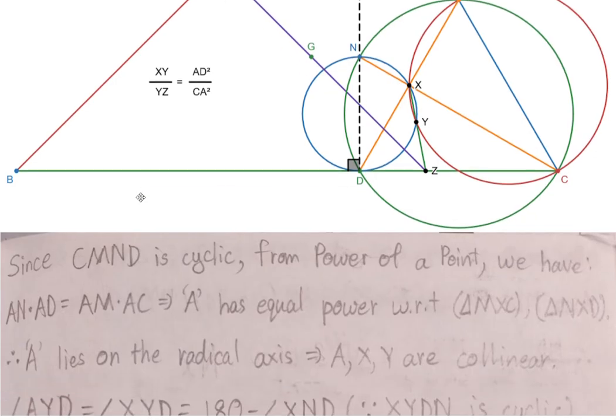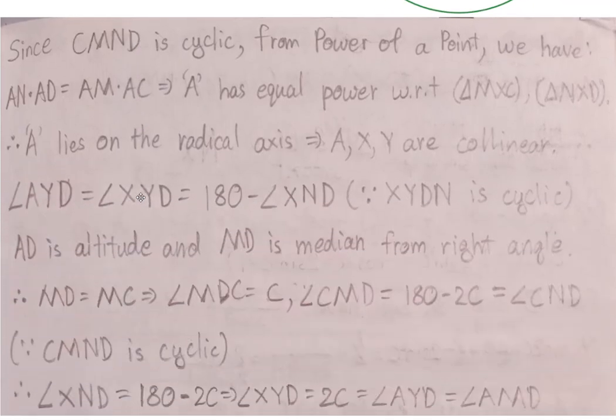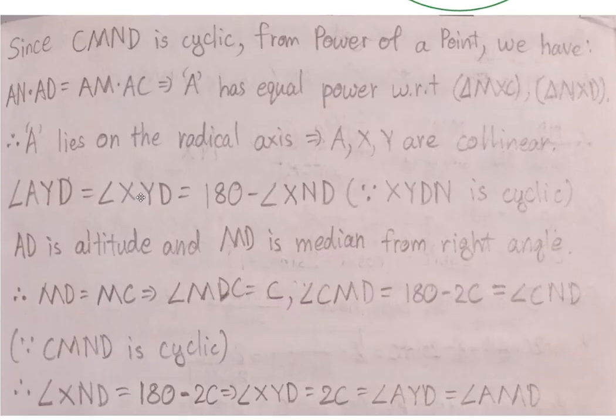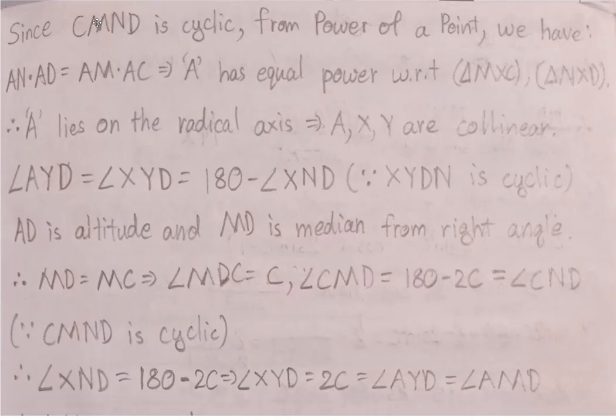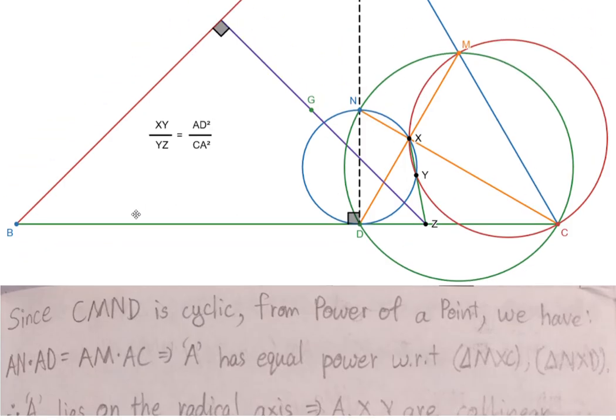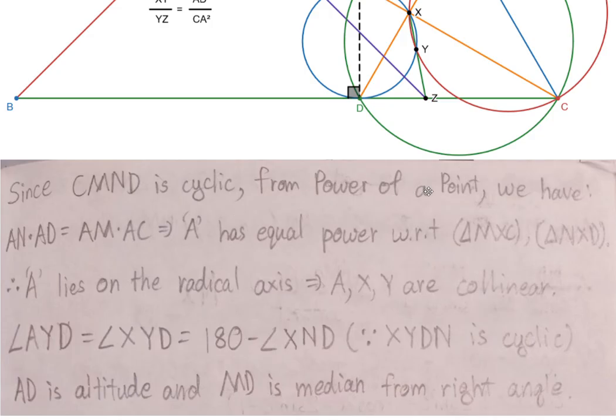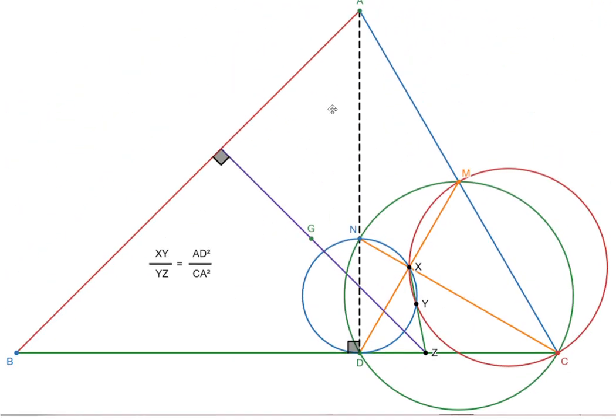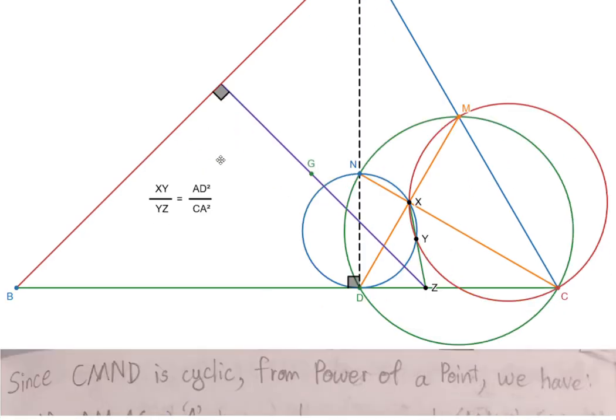So the solution is very long. I was too lazy to type it, so I just wrote it and took photos. So here we have CMND is cyclic, obviously, from the definition. So from power of a point, we have AN into AD, this into this will be equal to this into this. So we have